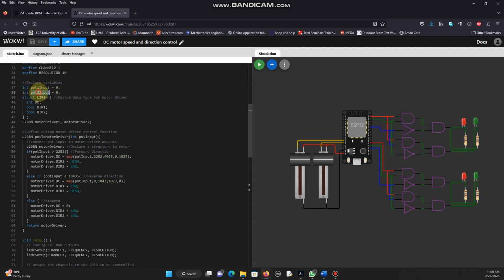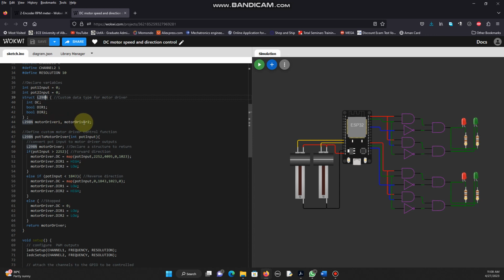The first two variables are to store the potentiometer inputs, and the third one is a customized data type, which is in the form of a structure that stores 1 integer and 2 Boolean values. This is used to store all the data for each